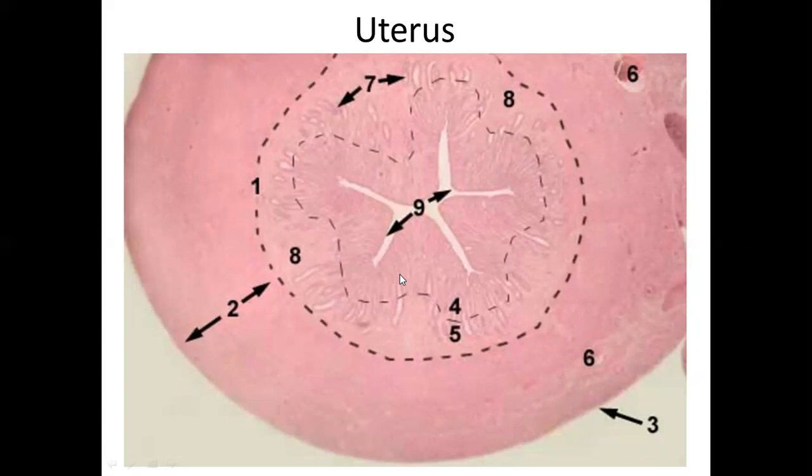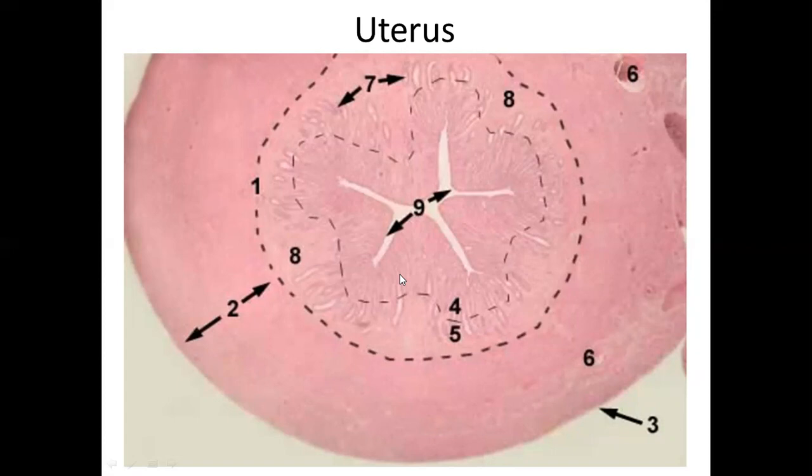So the functional layer keeps getting disrupted, and later the remaining portion from below, which is indicated by 5, the basal layer of the uterus or pars basalis, is going to form the functional layer of the endometrium again. So the endometrium consists of two sublayers, the functional layer, which is the superficial layer, and the basal layer, which is more towards the base, and then